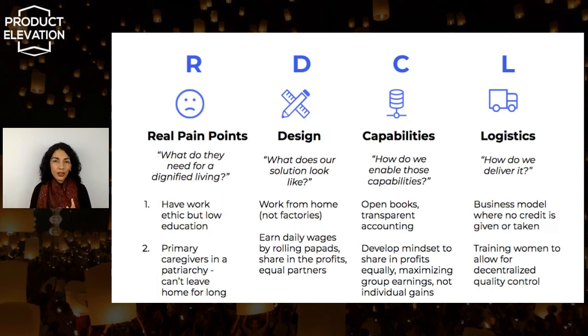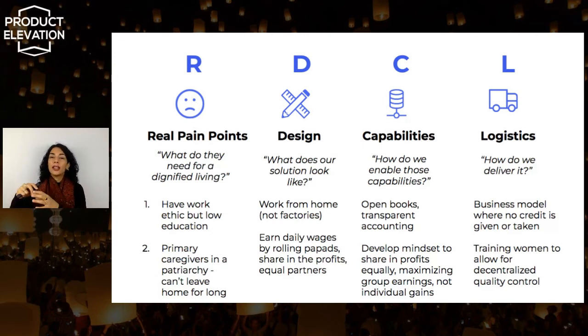This is why Lijjat had a pledge where these women are pledging that they're all member sisters. They call each other sisters and they're all going to share profits equally. And the last thing was logistics. In terms of the business model, to be able to pay out wages every single day, Lijjat, right from the start, created a business model where they're not giving or taking credit at all. And to date, they still don't give or take credit. All the accounts are settled on the spot with their suppliers or with the stores. And finally, think about the fact that these 45,000 women are all rolling papadums at home, and yet Lijjat is known for their quality. Their brand name is synonymous with high quality.